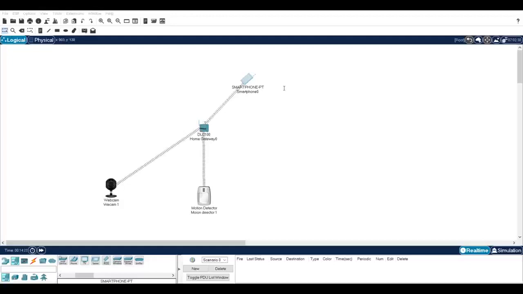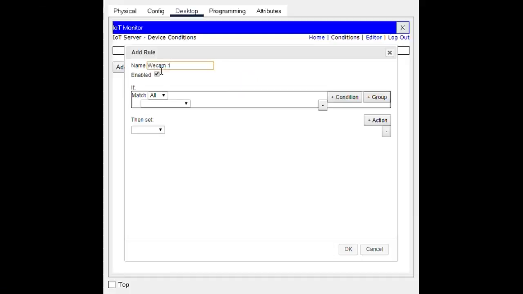Now we have to simply click on login button. On, and below the match option we have to select motion detector on and then true, and then webcam 1 on to true, and we have to click on OK button.